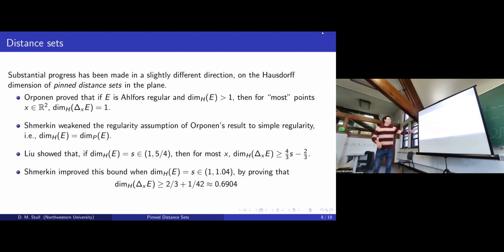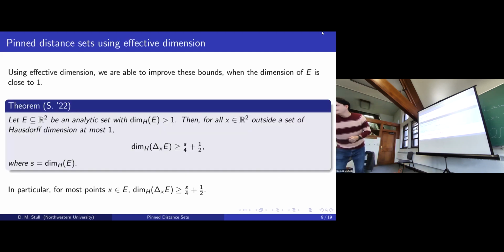Okay, I never said this, but all the sets here are analytic, and this is necessary. So everything in here is a planar analytic set. So using effective dimension, we can improve these bounds, at least when the dimension of E is closer to 1. So something I proved